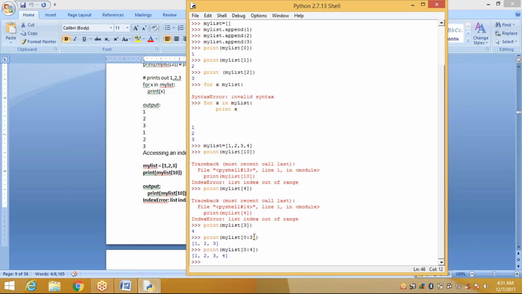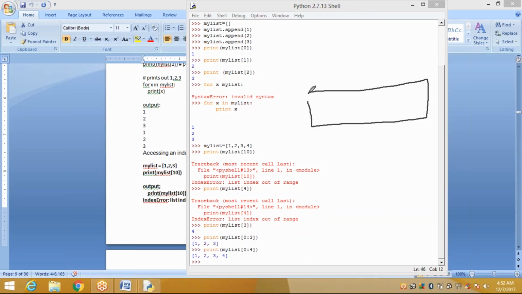See here, we are already giving 0 to 3. It displays array of 0, 1, 2, 3, but it doesn't display array of 4. Right? See, your MyList array contains 4 values: 1, 2, 3, 4.